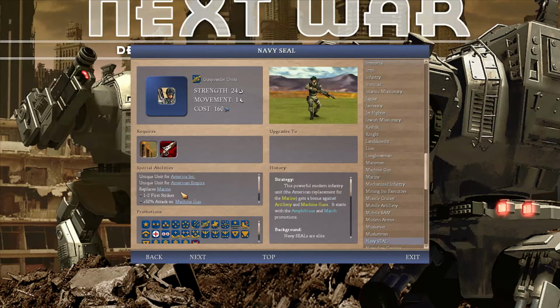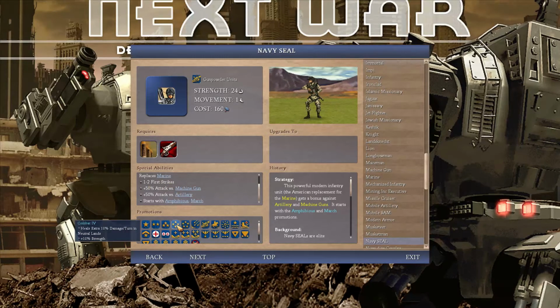Okay, so replaced by Navy SEAL. And the difference here is we get March, and we get 1 to 2 first strikes. So March is pretty good. And also, actually, the 1 to 2 first strikes is also going to be pretty good. So a Marine is really good